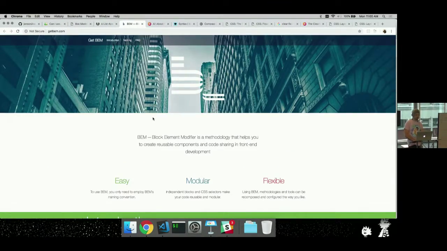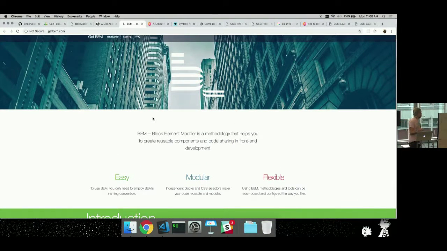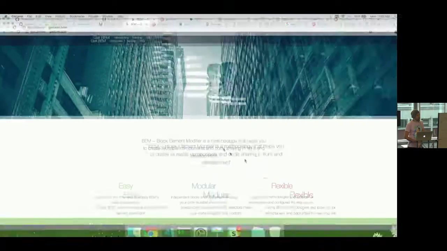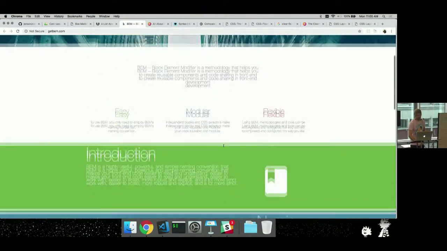So BEM, once you learn a lot about CSS and you start to build these massive websites that use tons and tons of CSS, we have to start to build our CSS in a way that's maintainable and easy to reuse and all of that. So BEM is this concept, a methodology they call it, where we can apply rules to how we define our,